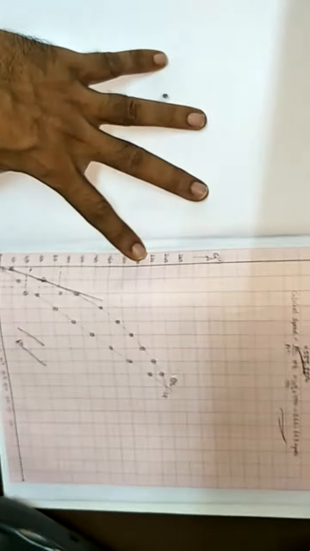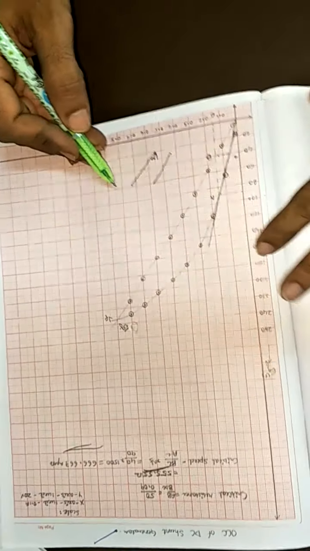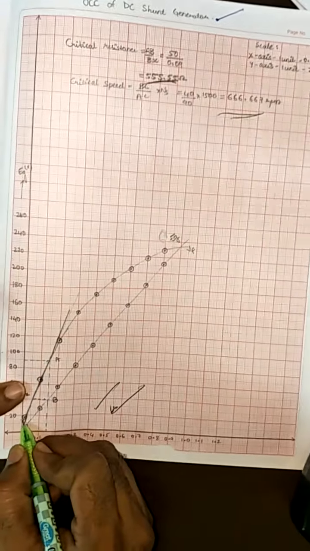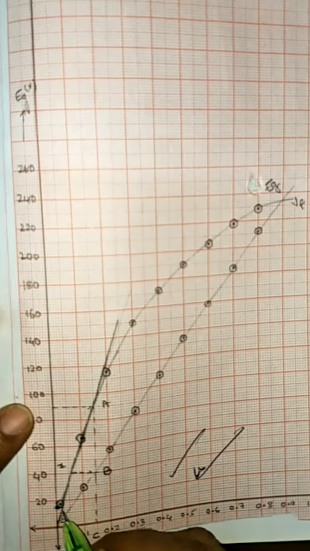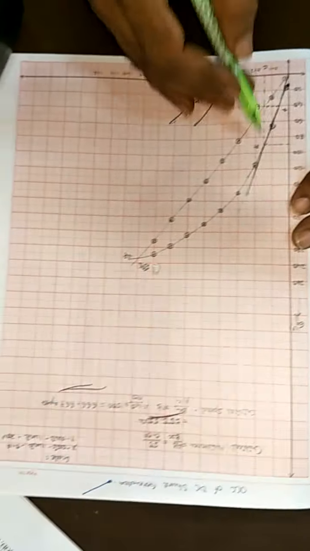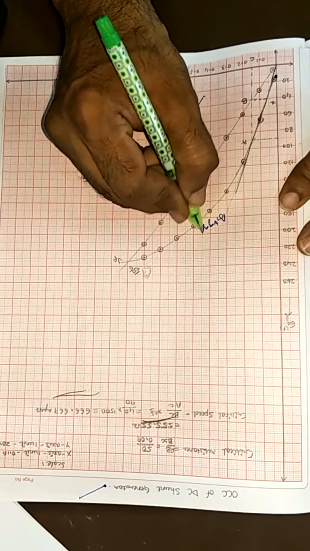So this is how the open circuit characteristics of shunt generator are drawn on a graph. And see here the tangential line is drawn from origin so that it will cut the OCC characteristics at tangential, and you can observe the starting point. As per the readings from the experimental results, you are going to get this. After drawing a tangential line to the OCC, nothing but air gap line. This is air gap line.